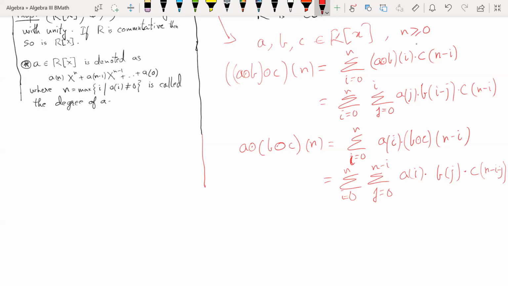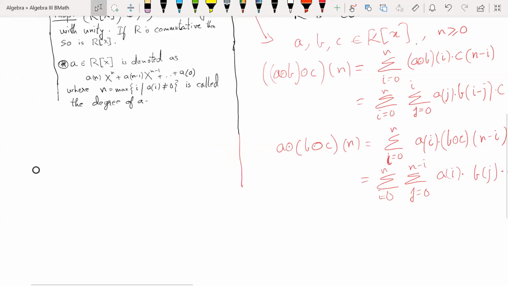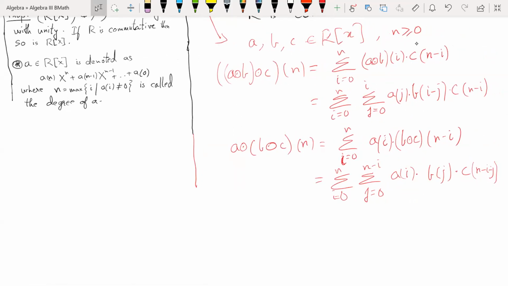Okay, so maybe it can be done that way. Yeah. Let me just try this. I'll try to set k equals n minus i, and then i becomes n minus k. And let's see if I get that expression. So set k equals n minus i, and then this expression becomes i equals